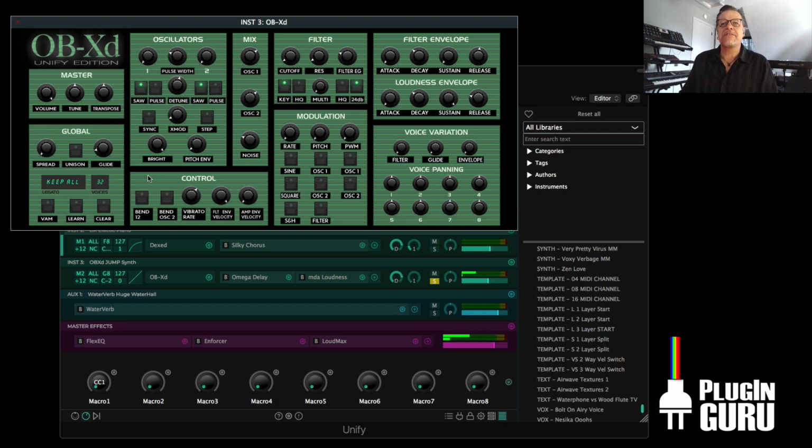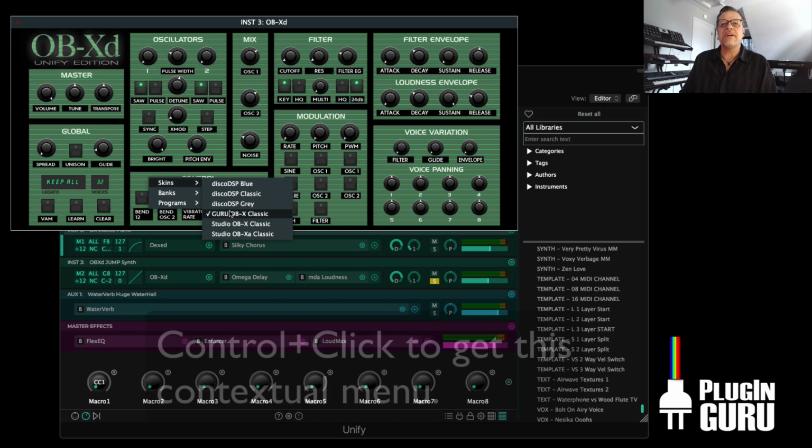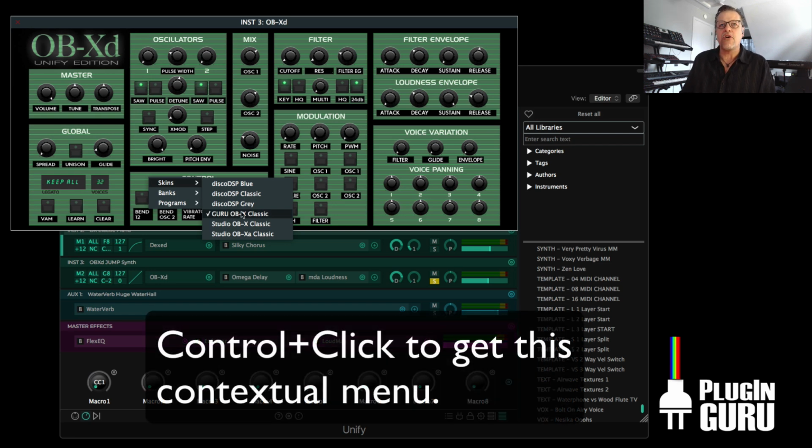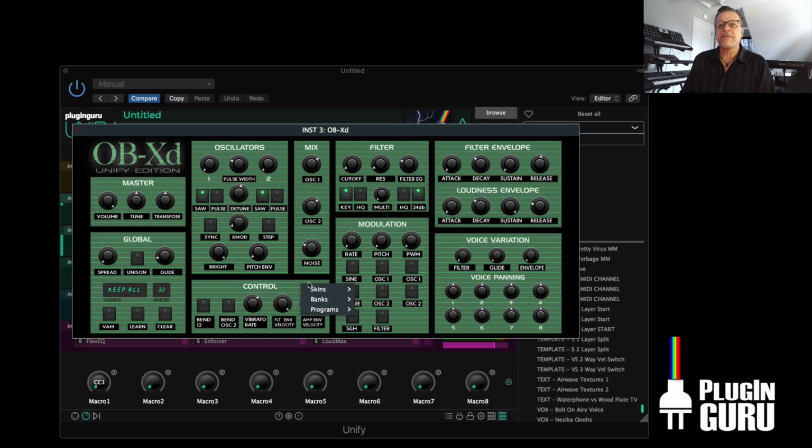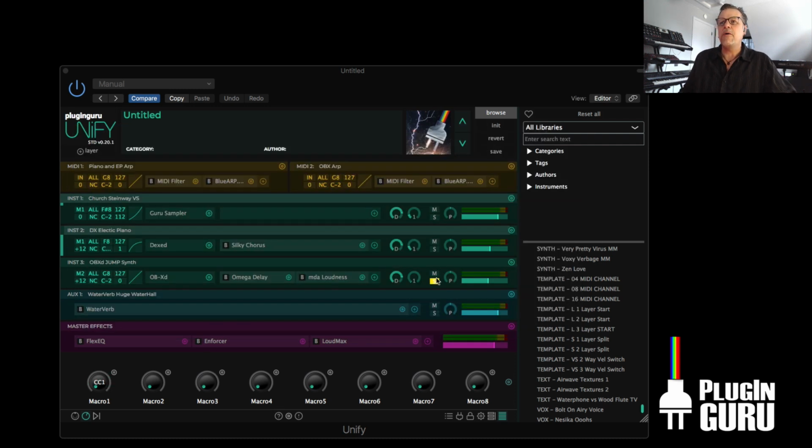By the way, if you don't have this skin, go to skins and it's right here. It's the skin I made for OBXD for the release of Unify called Classic OBXD Guru Classic. And so that gives you this cool interface. But right here where it says vibrato rate, just bring this down to 0 and no more vibrato to the LFO. So now when we play this,